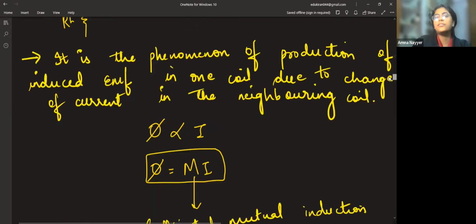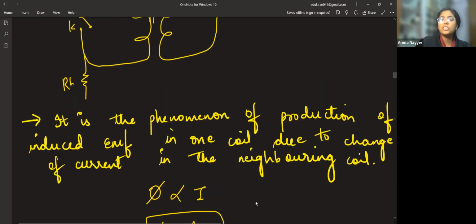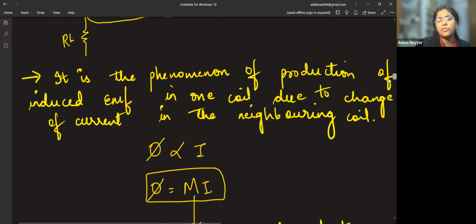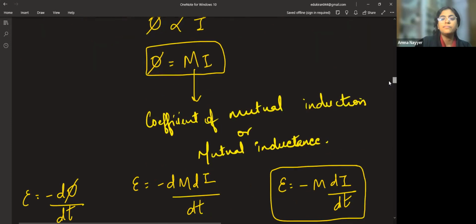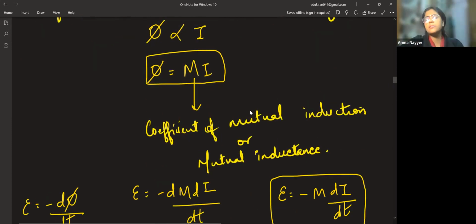So it is the phenomenon of production of induced EMF in one coil due to change of current in the neighboring coil. Phi is directly proportional. Now everything is similar. You can notice that there also flux was directly proportional to the amount of current in self-induction. Here also flux is directly proportional to the amount of current. What is the difference? There it was self-induction, same coil was there, so